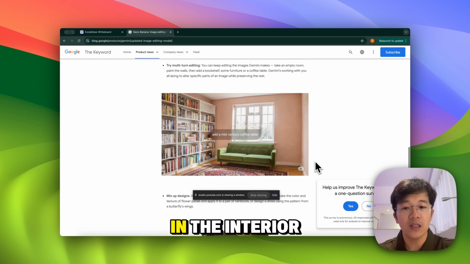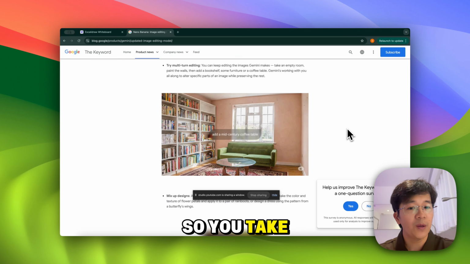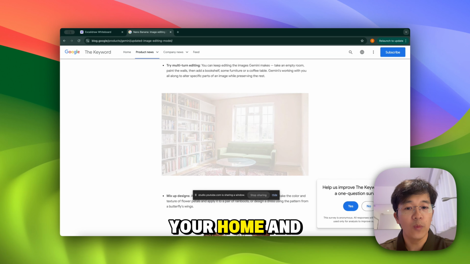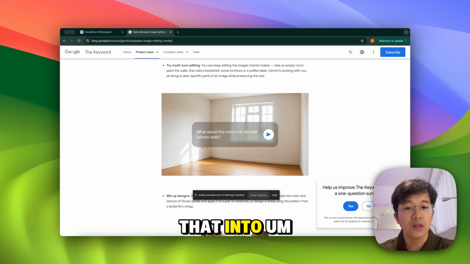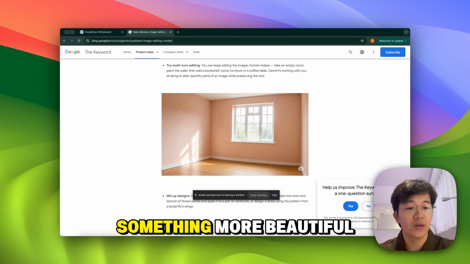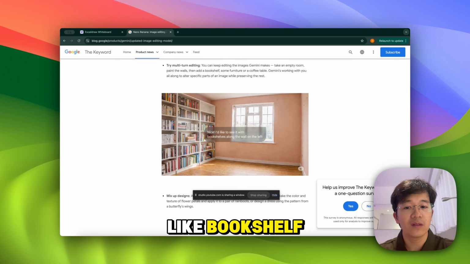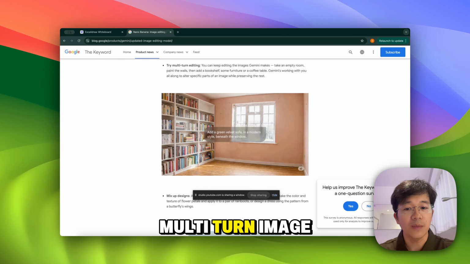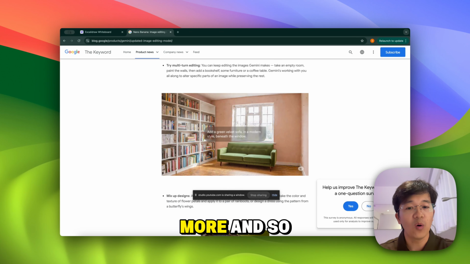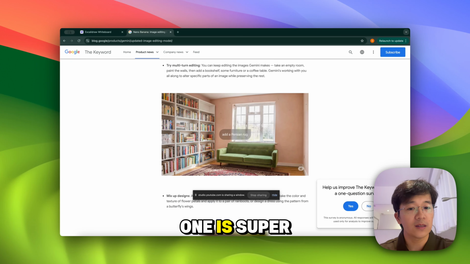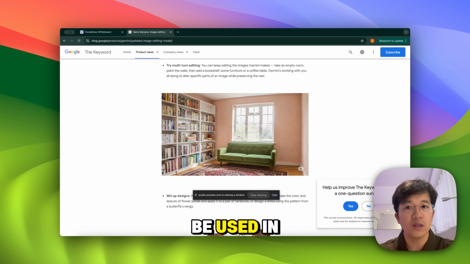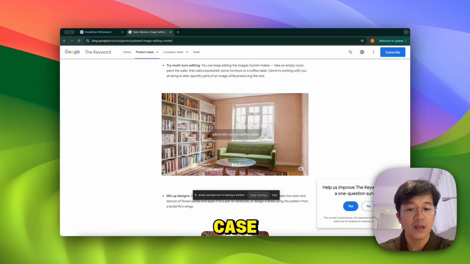You can also do it for interiors. You take a picture of your home and turn it into something more beautiful, like adding a bookshelf. So it can do multi-turn image editing and add more. This model is super powerful and can be used in a lot of e-commerce use cases.